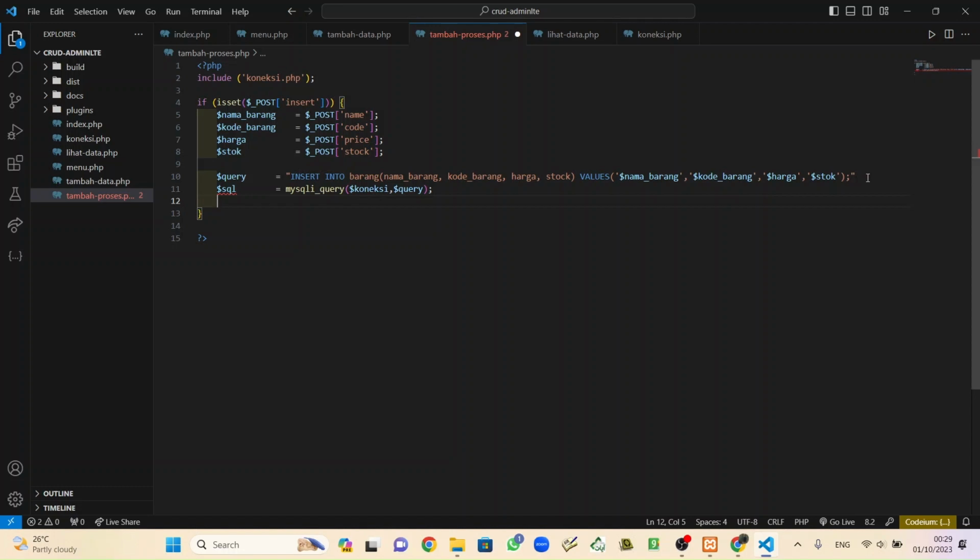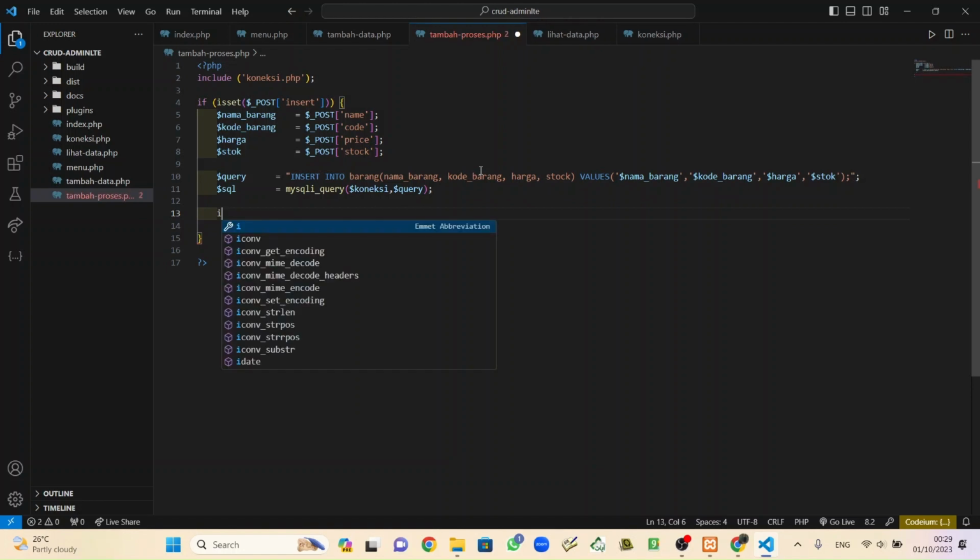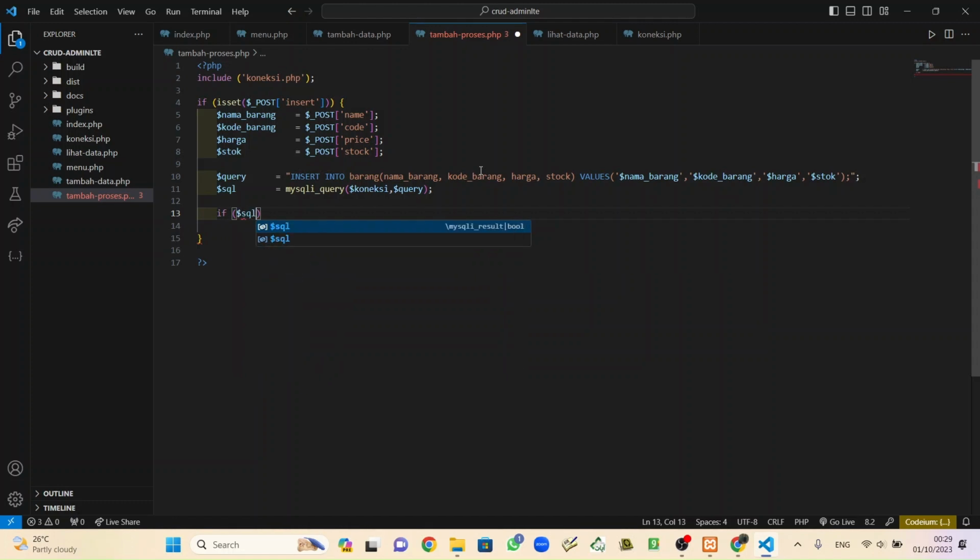Wait, what happened? Oh, we forgot to put a semicolon here. And then the condition, if SQL.